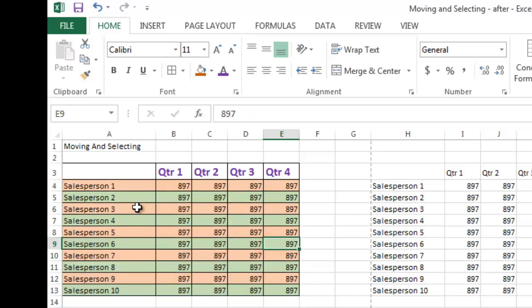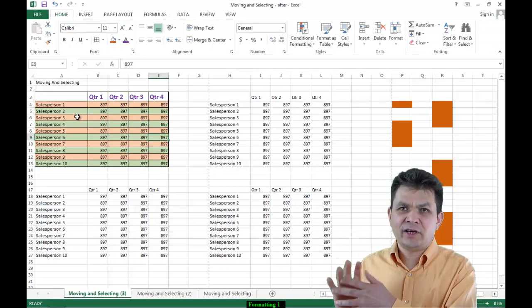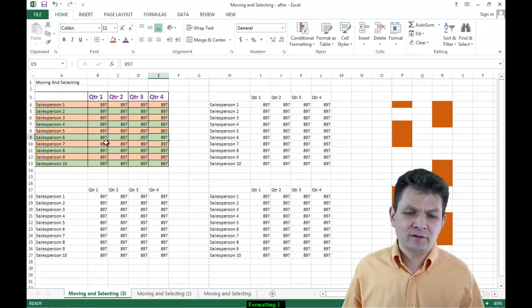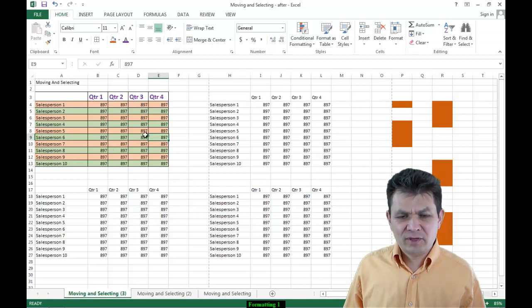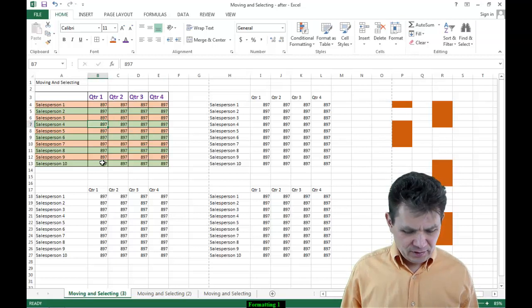Once you have something that is the right way, you can easily take that right way and apply it to something else. But it's getting even better. How about I look at this little spreadsheet and I decide, well, that's a good format, but I would really like to apply the same thing to all of these. Like the rest of them are not formatted yet. So it's really easy to do. They are all the same structure. I simply click on the one that is good, that is the right way. I'm going to select it,